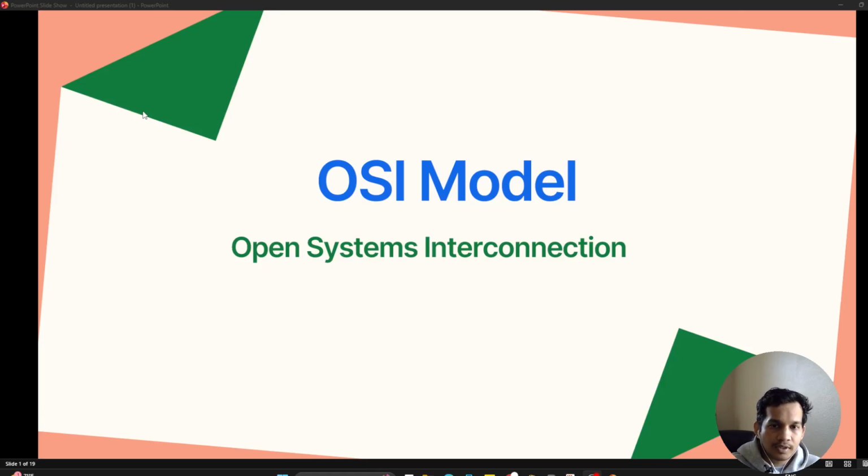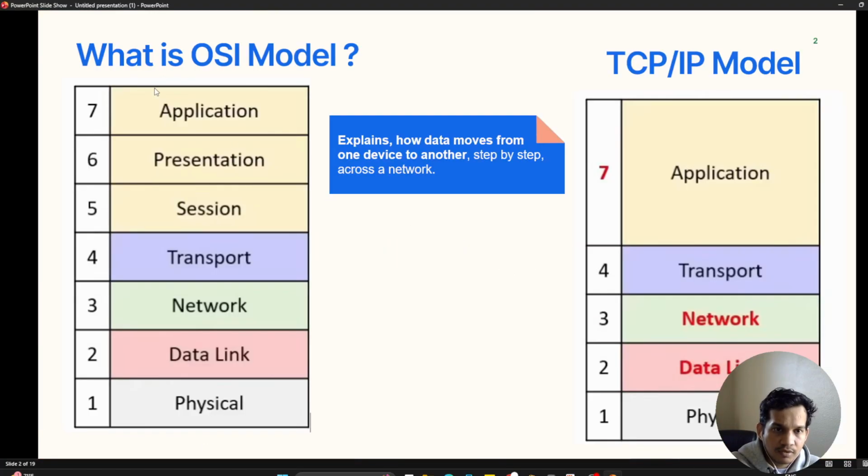In this video we are going to study the OSI model and how it works. So what is the OSI model? OSI, Open System Interconnection, is a model generally followed in networking. What it does is show how data moves from one device to another step by step across the